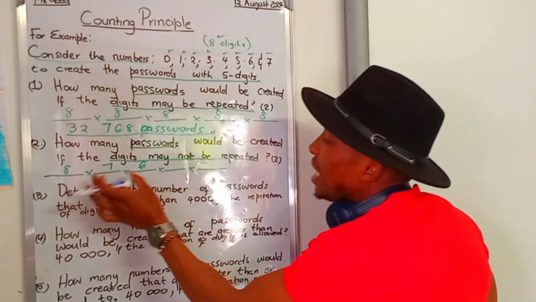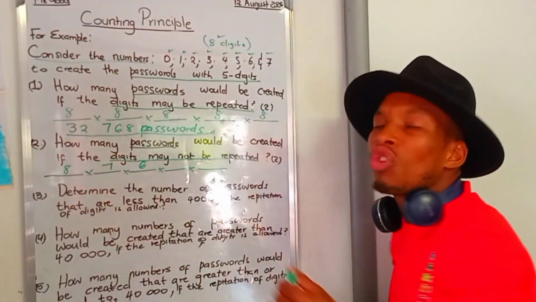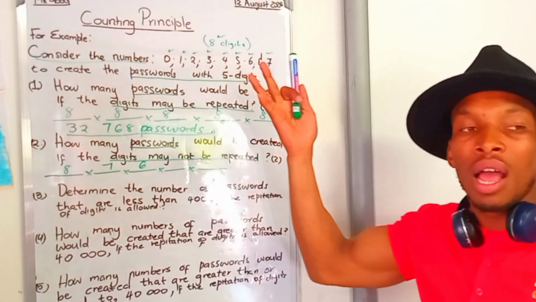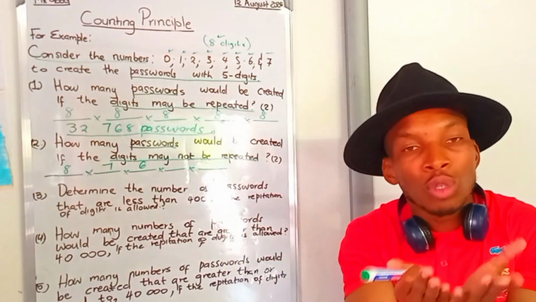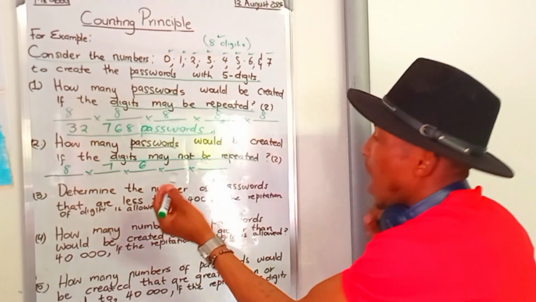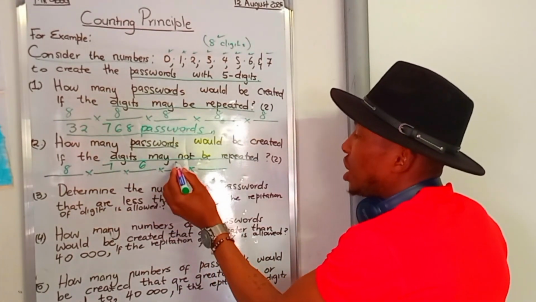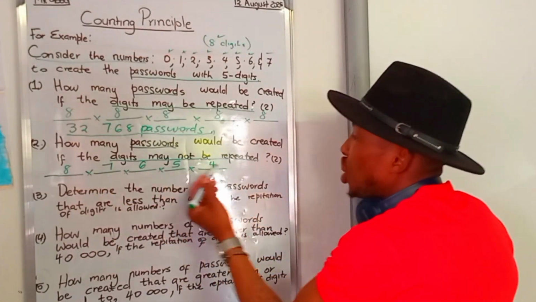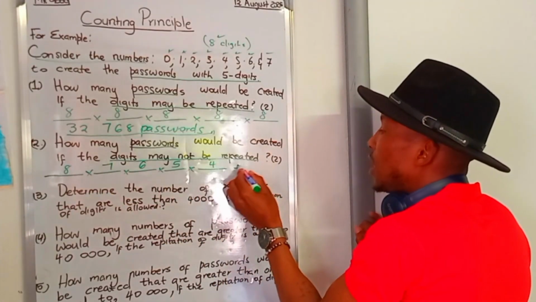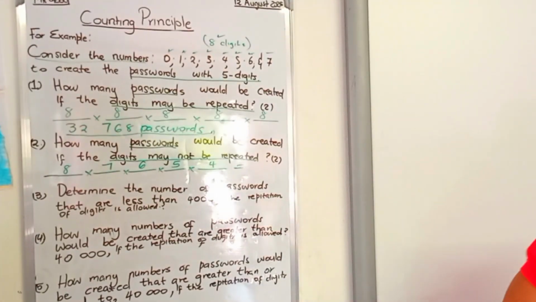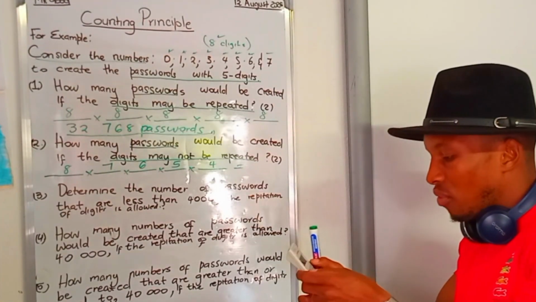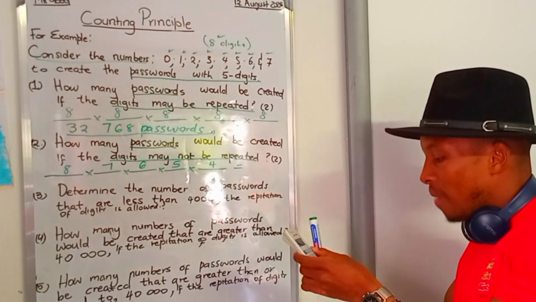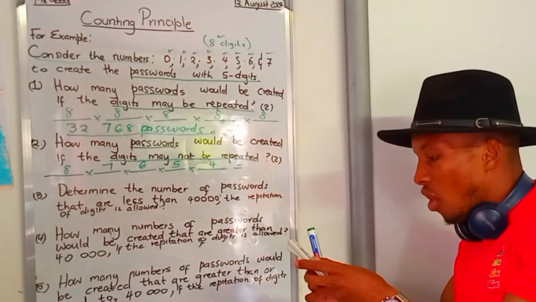6 digits. Because this event, what you notice here, we're talking about the total sample space of an item. As you know, the first rule is that we need to find the total sample space of an item. Therefore, we use 6 digits here, we're going to lose 5, and here we're going to use 4, because repetition of digits is not allowed. Then after that, you punch your calculator. We have 8 times 7 times 6 times 5 times 4. Therefore, the answer is